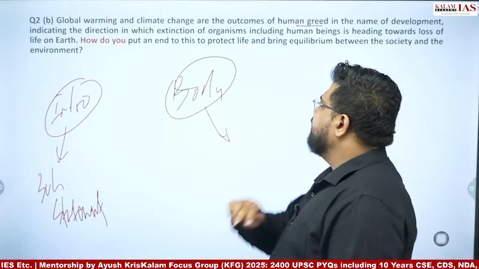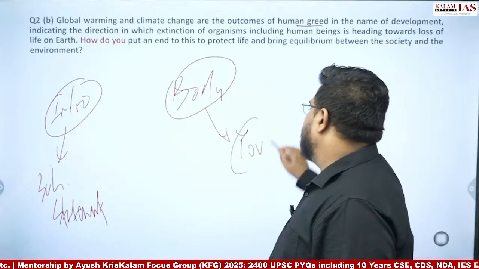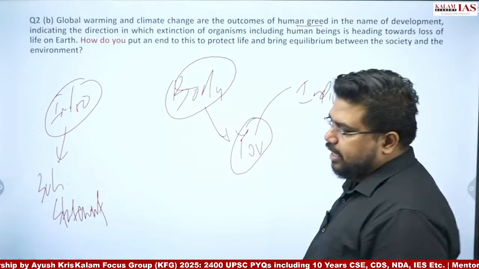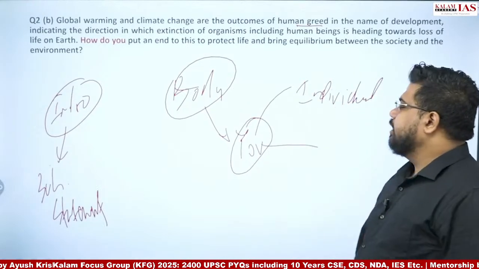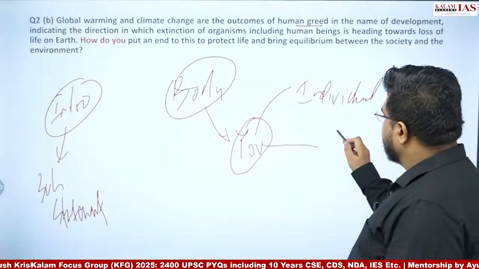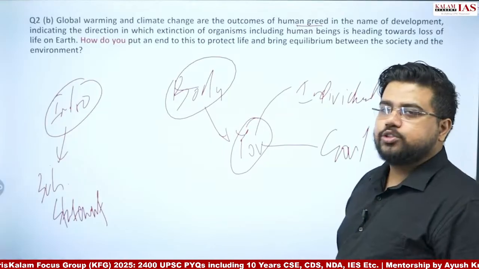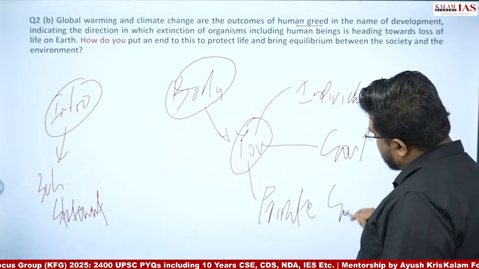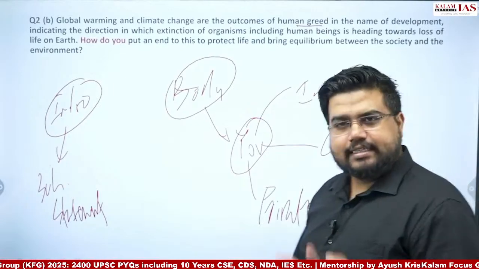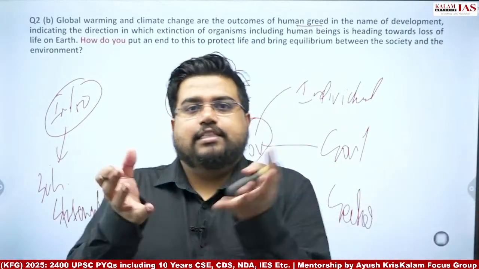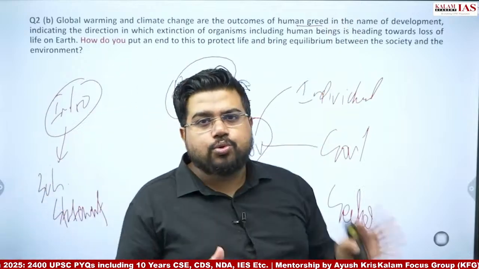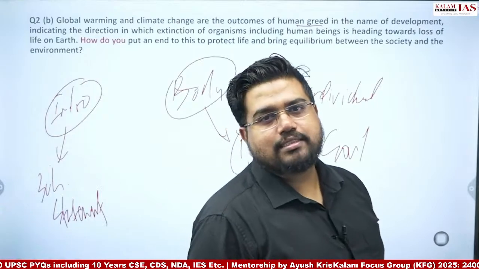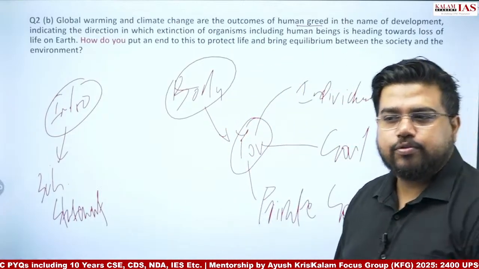So how you means who all are you. You means it is an individual. How you as an individual can make a difference to this, how governments can make a difference to this, how the private sector can make a difference to this. What I have done is, like in the last question where we took the powerful countries, here I have taken the you and thought who can be the you, and took 2-3 of the most powerful stakeholders.